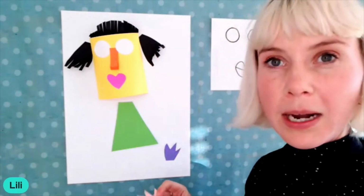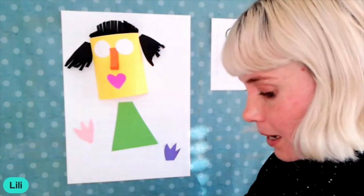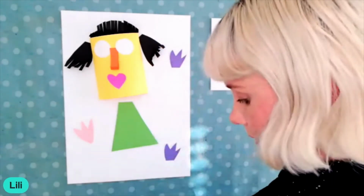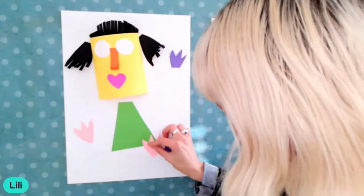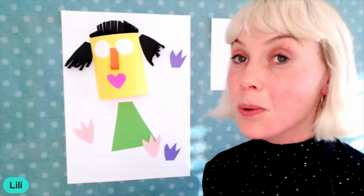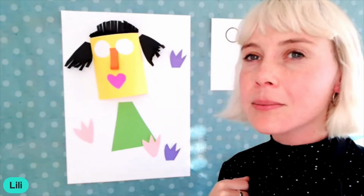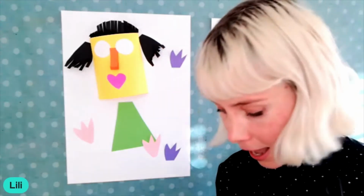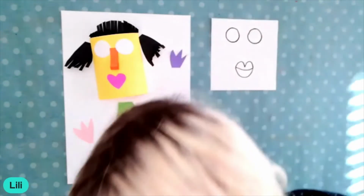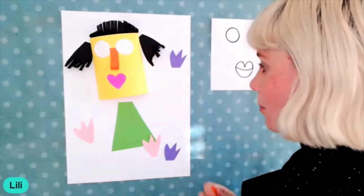So again, if you want to add things in the background with more paper, I've just made some shapes of flowers. I'm going to stick everywhere, even over. Okay, be creative. Do anything you want to make your picture super cool. And now it's looking a little bit like it needs something. Hey, I'm going to use my marker, or in fact, I'm going to use some crayons and markers to complete